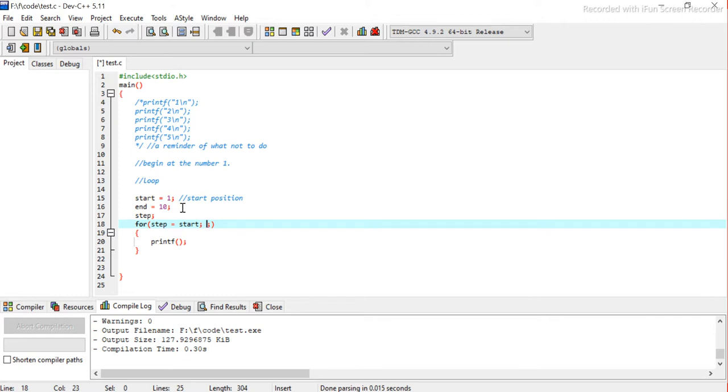Now we have told one boundary. What's the other boundary? It should not exceed 10, right? So let's do it. Step is less than end. All right,